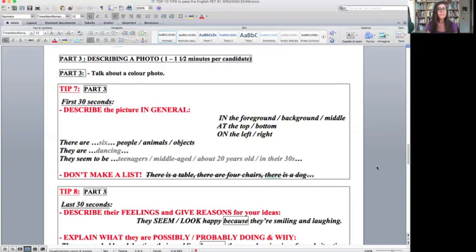And you must absolutely not make a list. You shouldn't just say there's a table, there are 4 chairs, there's a dog. That is absolutely no good. If you do want to give a more detailed description, always go and add things on. So there's a table in the middle of the picture, and there are 4 chairs around it. There's a dog lying under the table. So that's not exactly a list. Again, you're already describing. But remember, you have about 30 seconds to give this general situation,